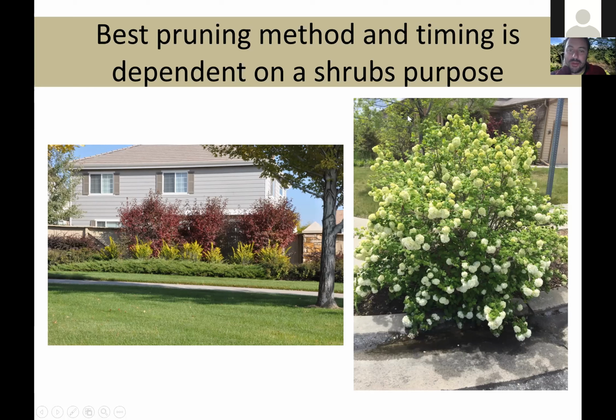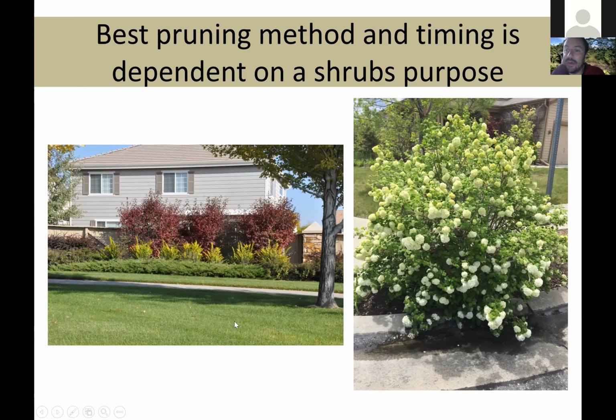So I'd say those shrubs are doing their job. Over here, we have a snowball bush viburnum, which is flowering and looking lovely. It's planted in a poor spot, so it's taking over the sidewalk and all that as well. But generally, this shrub is doing what it's supposed to do, have a set of showy flowers in the spring. So, shrubs that are working, right?